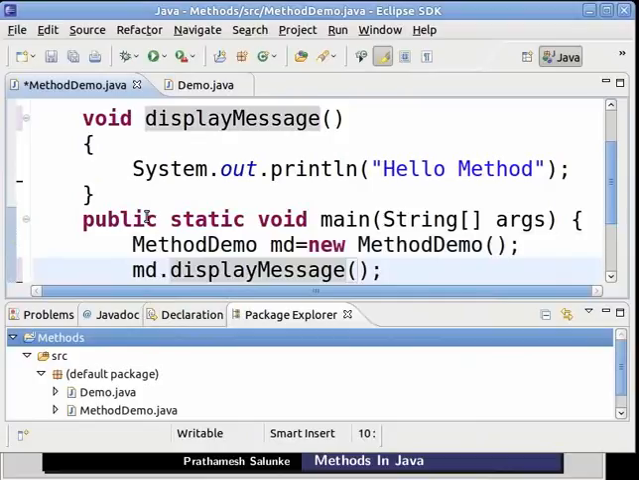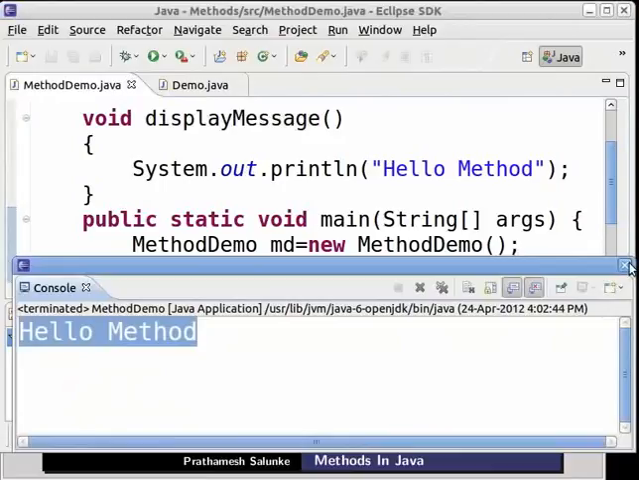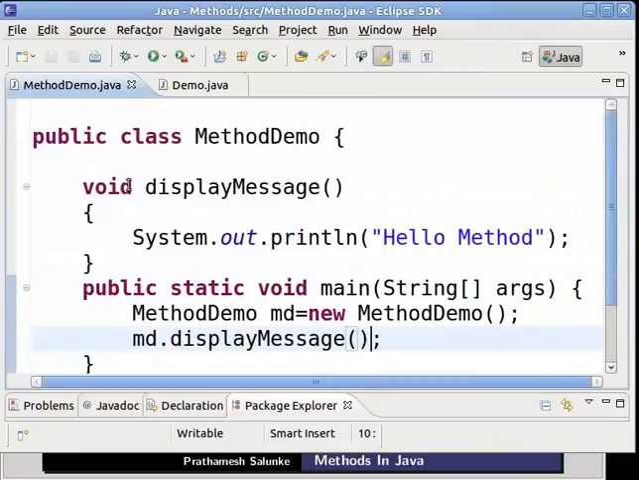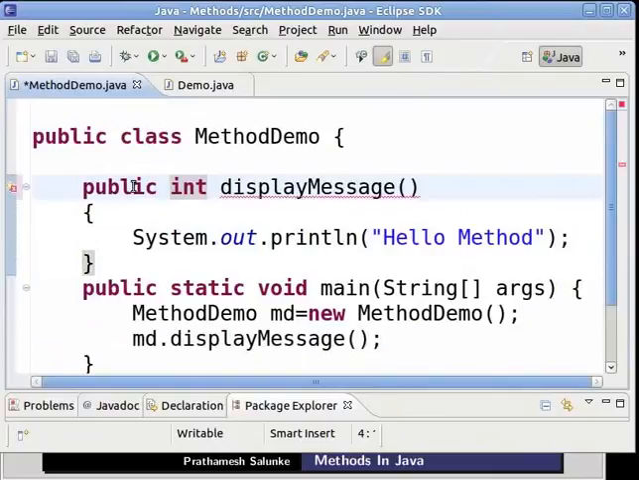Now let us run this application by clicking on the run icon. We see the output "Hello method" on the console. Now let us return an integer instead of void. So type int. Also make the method public, that is accessible everywhere. By default, it is private, that is accessible only within the class where it is written. Now inside the method, type return 7